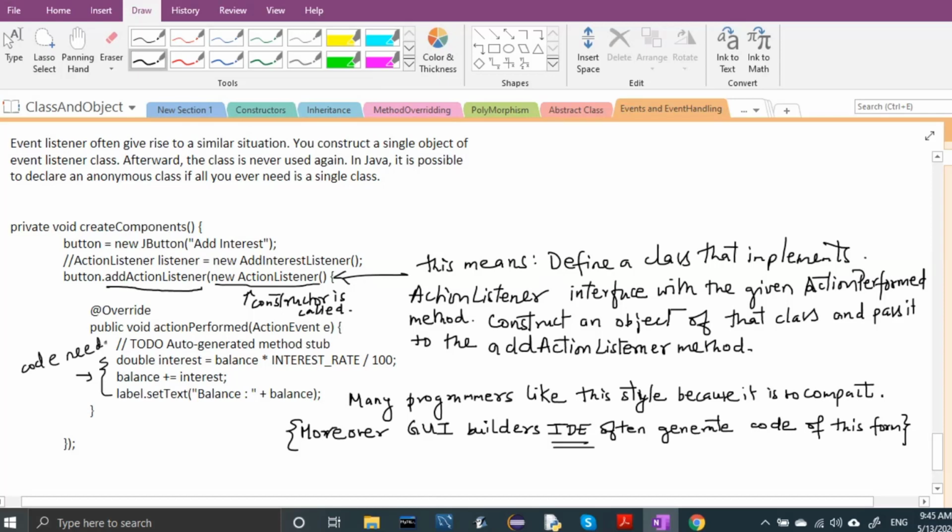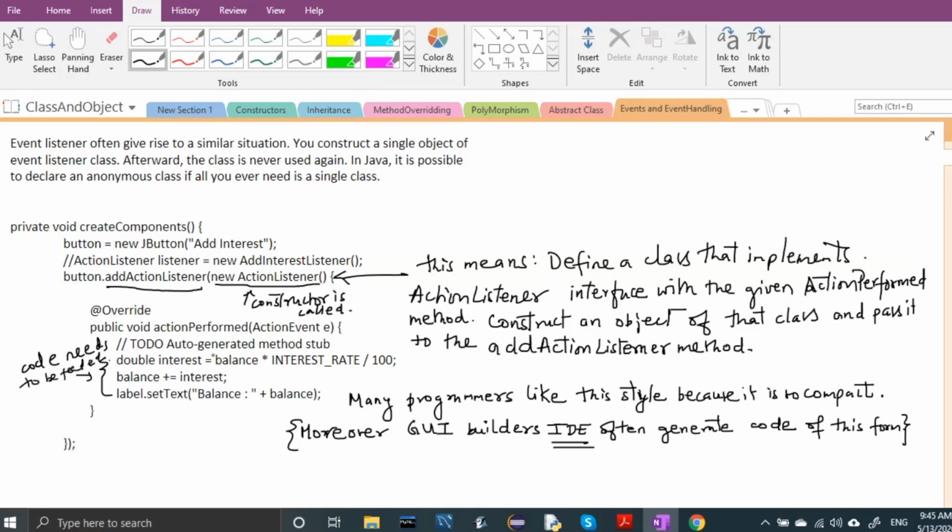My Eclipse IDE has also generated this code. Understood? So this is the basic concept regarding action listeners, and it is very important.